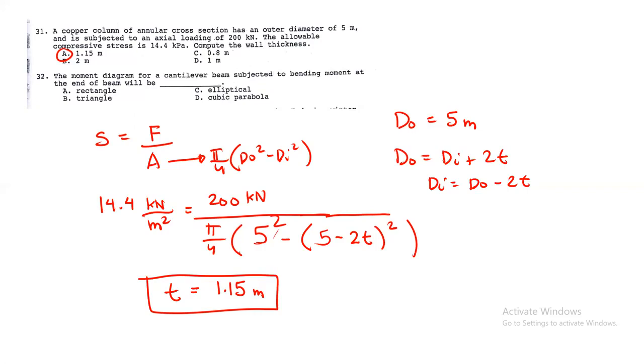So next. Number 32, the moment diagram for a cantilever beam subjected to bending moment at the end of beam will be. So sa 32, ang sagot dito is letter A. So rectangle dapat, sa cantilever beam, rectangular. Yan. So rectangular yung moment diagram. So next,